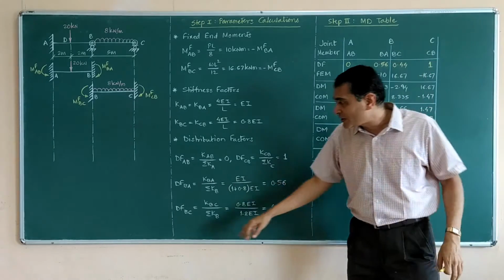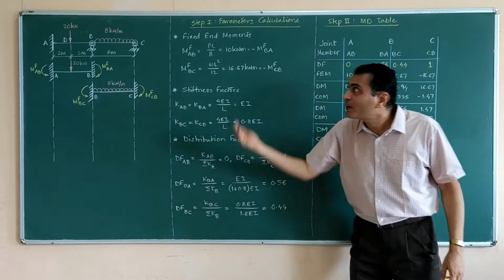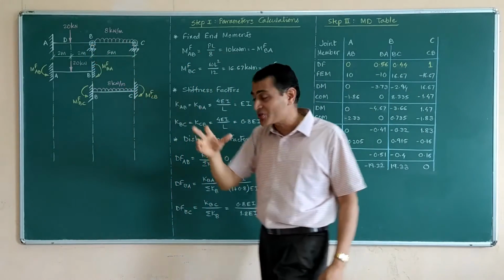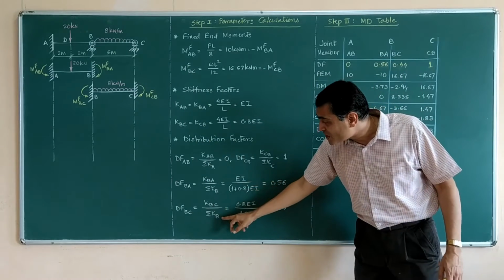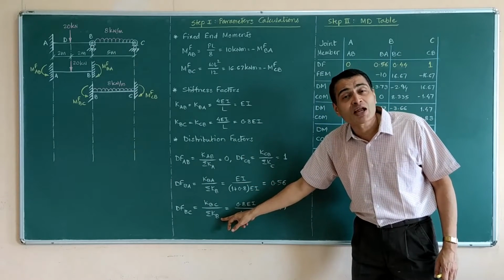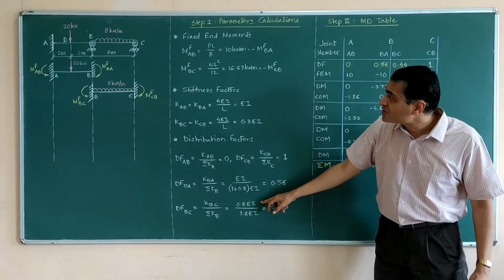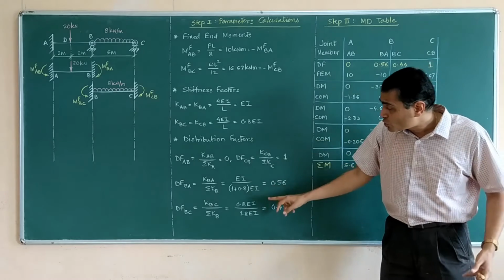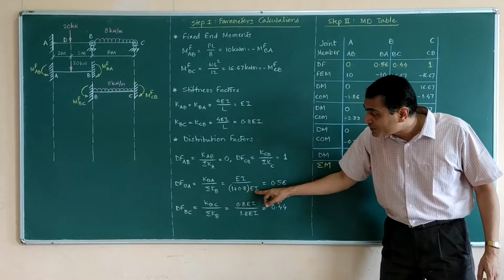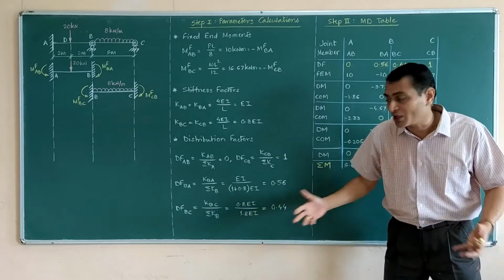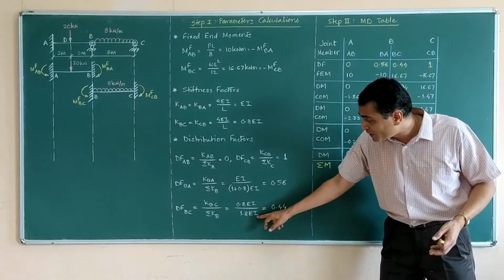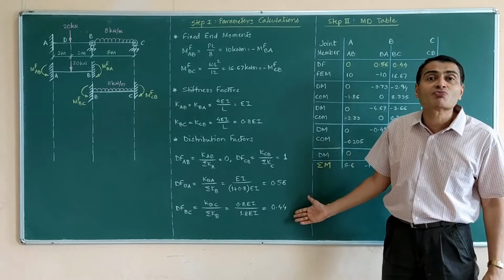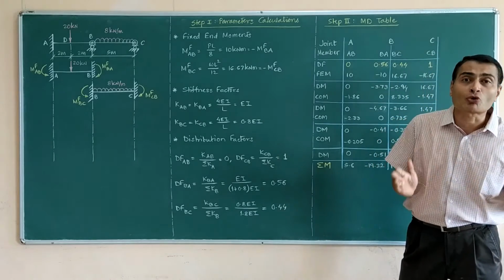So my last calculation here, distribution factor for member BC, that is this particular member, and at joint B we are discussing. So I am writing stiffness of BC upon sigma stiffnesses at B point. Stiffness of BC we have calculated as 0.8 EI, 4 EI by L, standard expression. So 0.8 EI upon denominator is as it is, 1.8 times EI, 1 plus 0.8. So that is 1.8 times EI, and as expected it is 100 minus 56, that is 44% or 0.44.